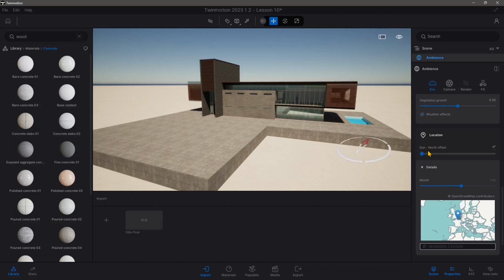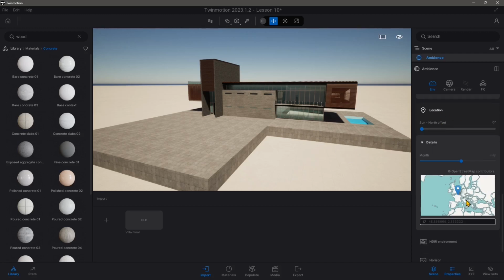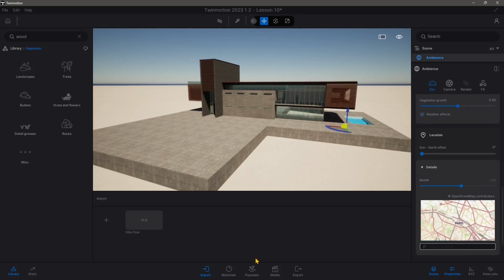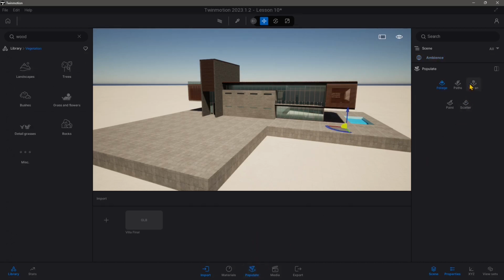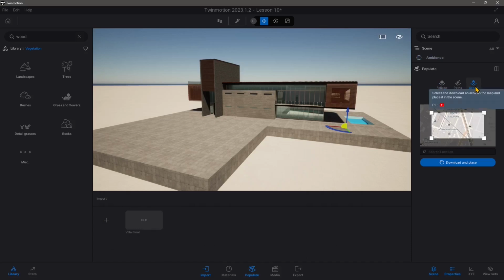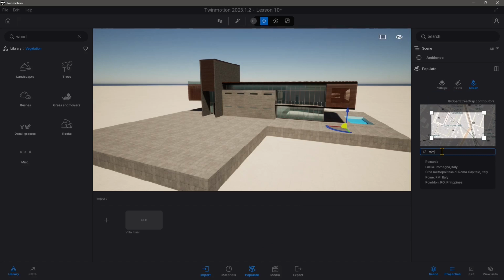Now we're going to talk about location, how you can locate your project, and that's going to affect the lighting and the natural lights especially. But I also want to show you here in the populate tab how you can use urban. This one here is really helpful when you need to create buildings. You want to simulate a terrain, but not only the landscape or natural things, but also roads, streets, and buildings. So if I search for a particular area, I typed Rome, I want to search